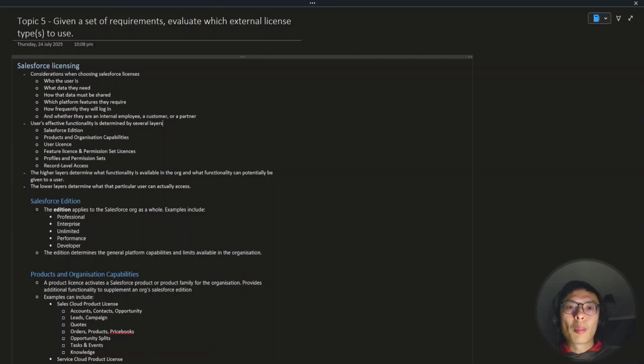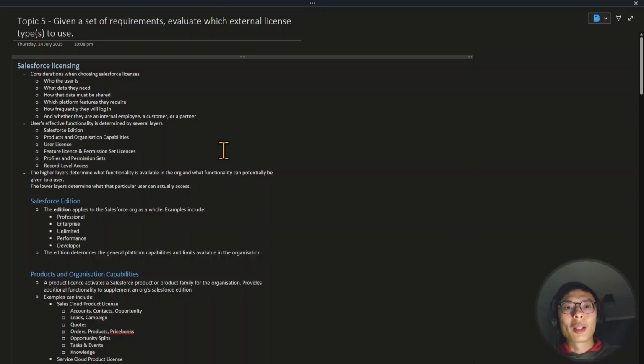So in this topic, we'll build a complete licensing picture and compare major external license types using practical scenarios that I have prepared for you. By the end of this topic, you should be able to evaluate a set of requirements and also identify the